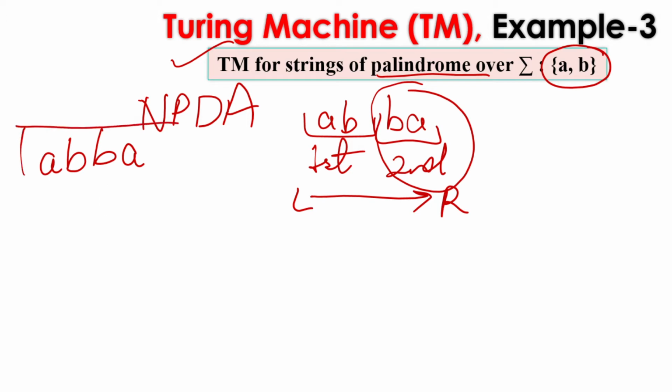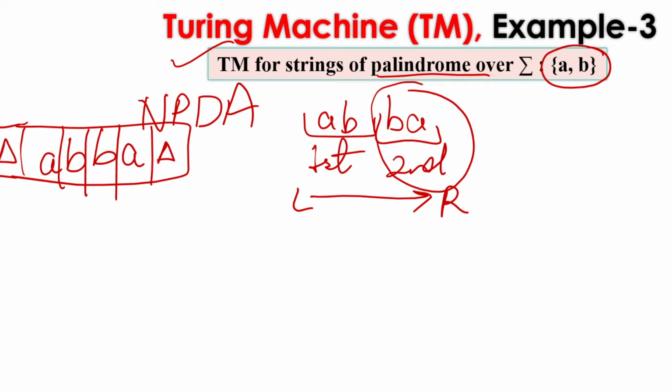Suppose this is the string on the input tape and other cells are blank, as if we are not having anything on the tape, then we have a blank symbol. Blank symbols are not equivalent to null. Here we are treating blank as nothing, meaning nothing is on the tape, that means we have a blank.